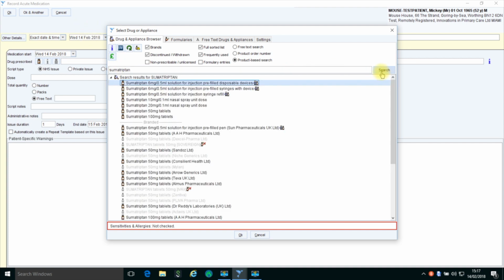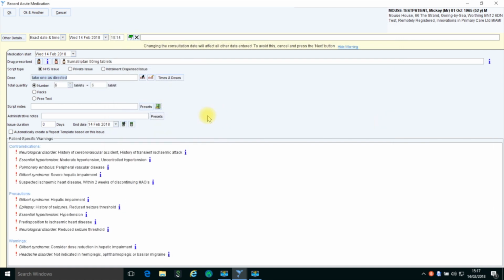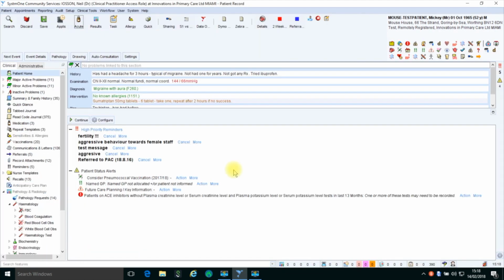Click on Search and choose the preparation that you want to use. SystmONE doesn't often suggest the most helpful of patient instructions, and you may wish to type more specific instructions. When you've completed the medicine, click on OK. When you're ready to issue your prescriptions, click on the Quick Print button, which will send the prescriptions to the